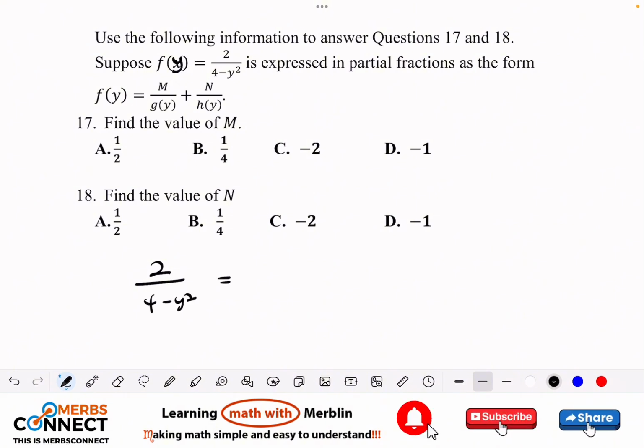This is difference of 2 squared. So I can write this one as 2 minus y, right? 2 plus y. And we are saying that this should be the same as